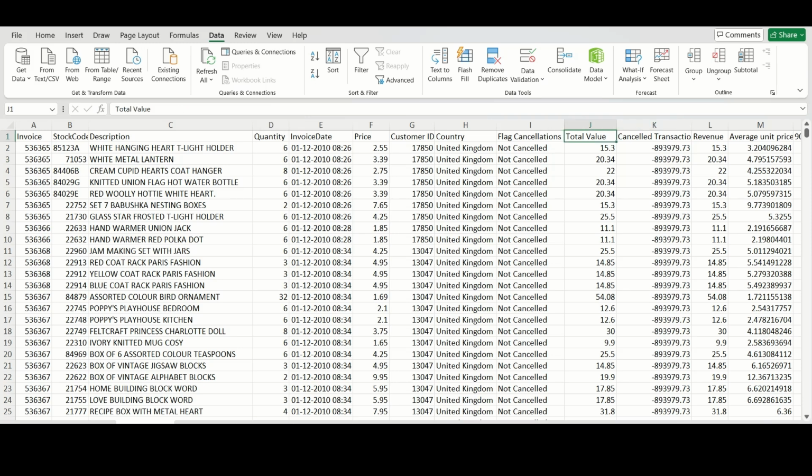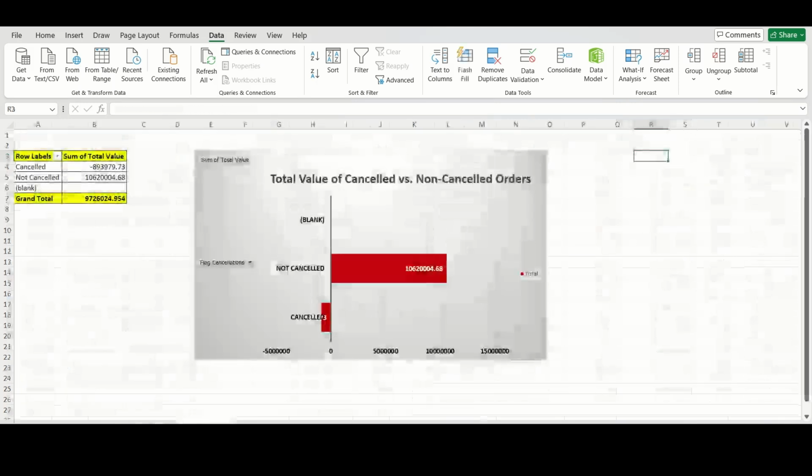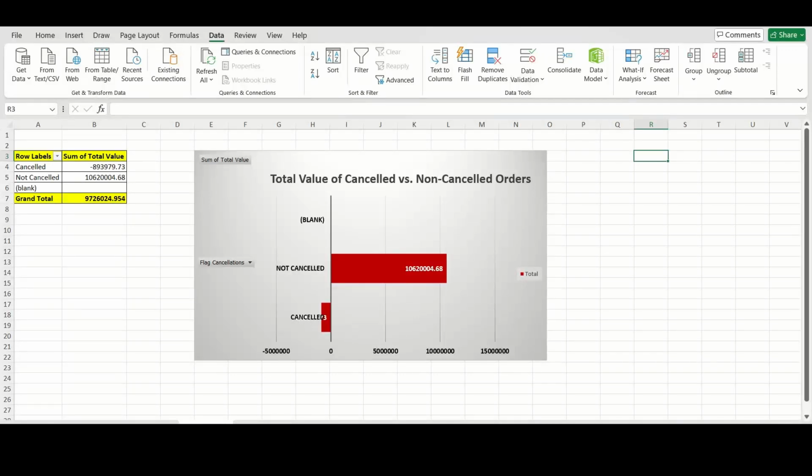Then I have calculated total value in which quantity is multiplied by unit price to get total value. Then we have sum total value by using sum if function to get cancelled transaction. So this is the count of cancelled transaction. I have also used pivot table to summarize the data. In rows I have added flag cancellation and in values I have added total value, and for visualization I have used cluster bar chart. As you can see,